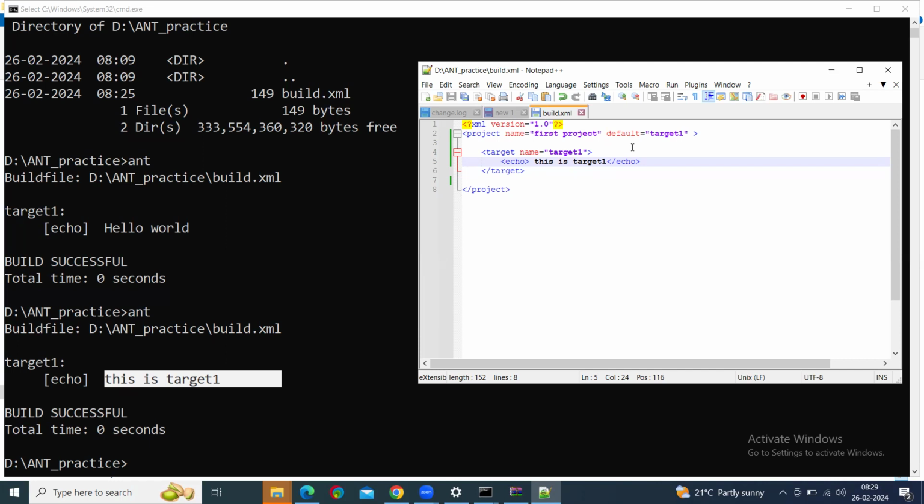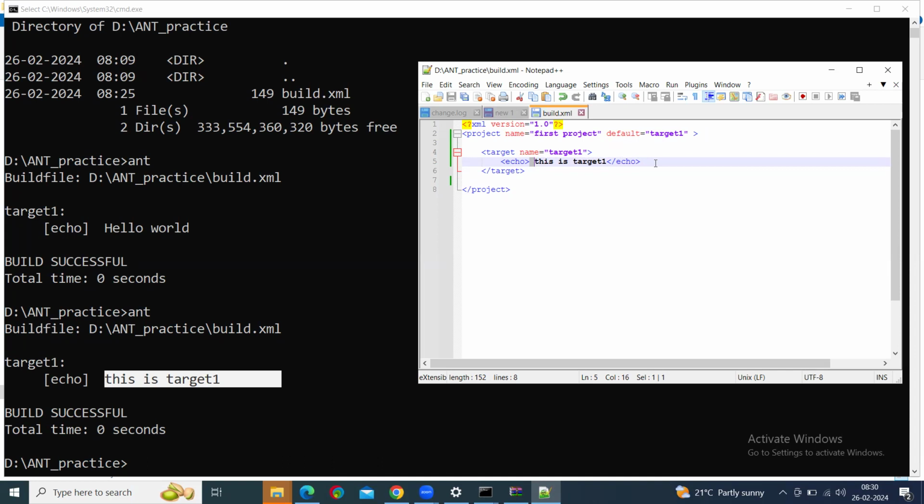Got it? So now if you read any ANT script, you can understand. Every ANT script will contain one root node called project. Every project will have a name, and a project can have multiple targets, and a target can have multiple tasks. A task is a unit level of execution in ANT. What is the task? Whatever you want, you can mention as the task. Now I'm just printing the output. If I want to create a directory, you can mention the task. If you want to create a file or replace a file, delete a file, copy a file,